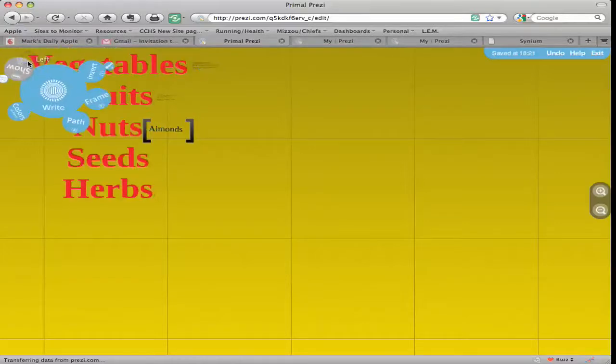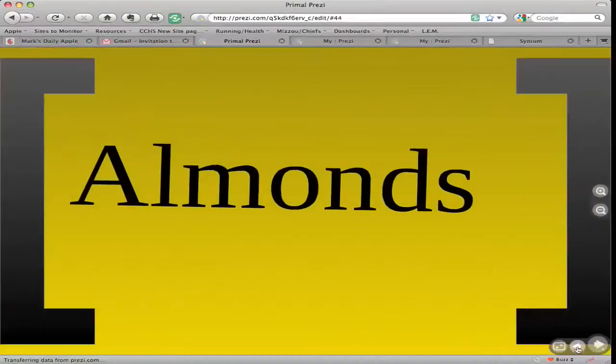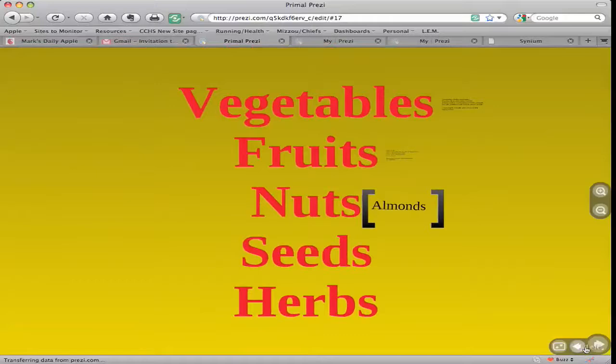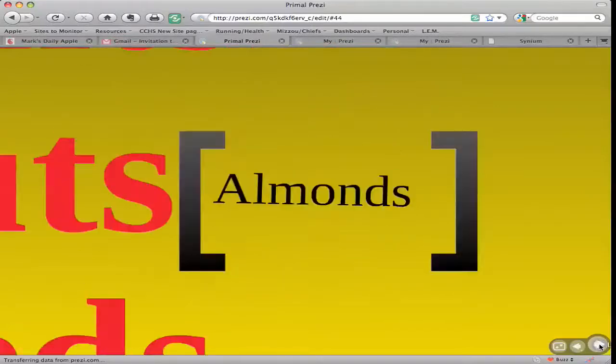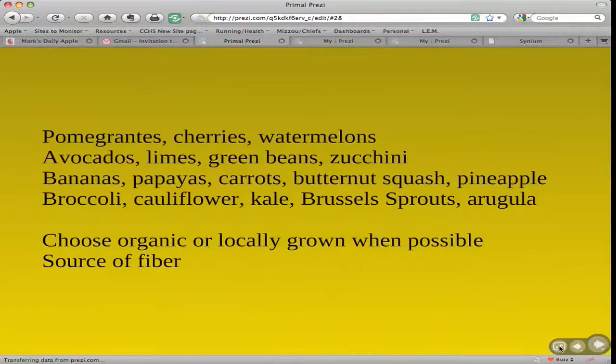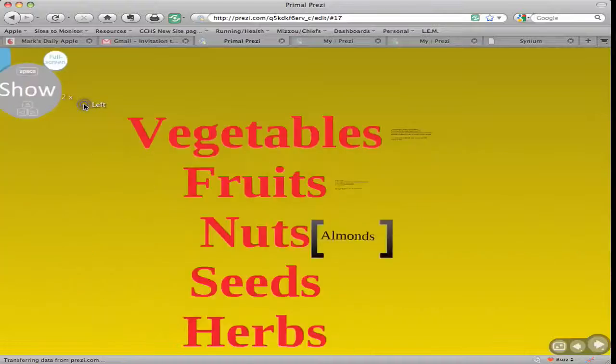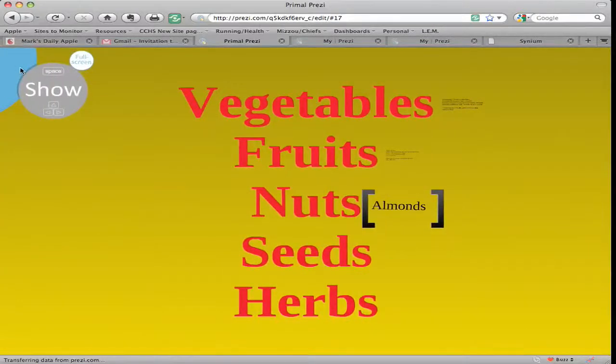And that's the pathway for the slideshow whenever we might show this to somebody. To give you an example, this is what they would see at the beginning. And then you would zoom in on almonds, and then it would take you up to the next area that you selected. So that's the path. And again, that's something we may or may not use.